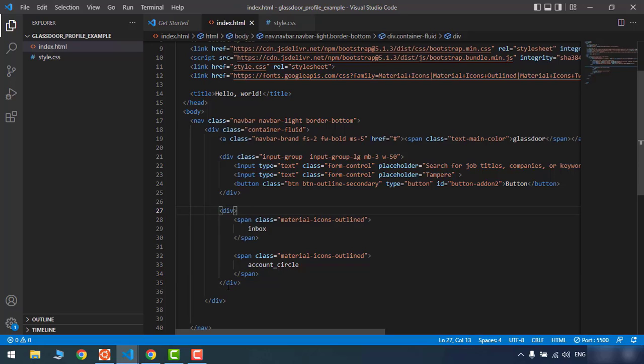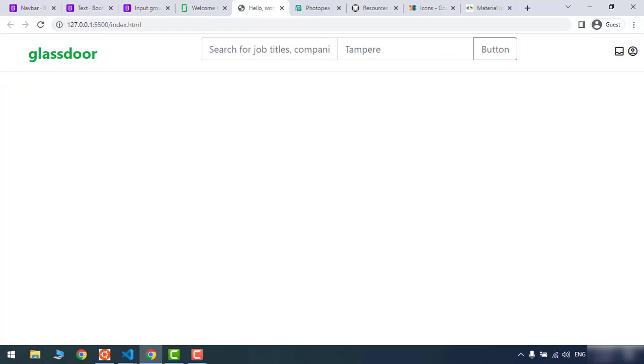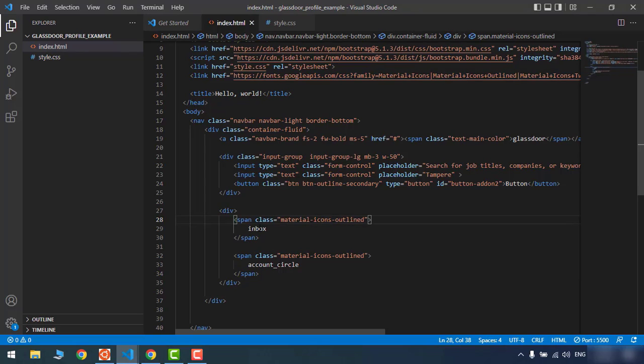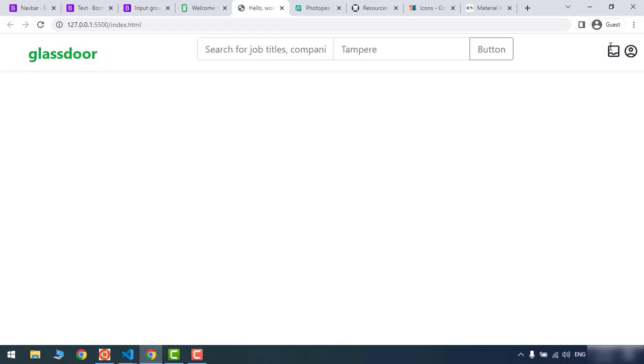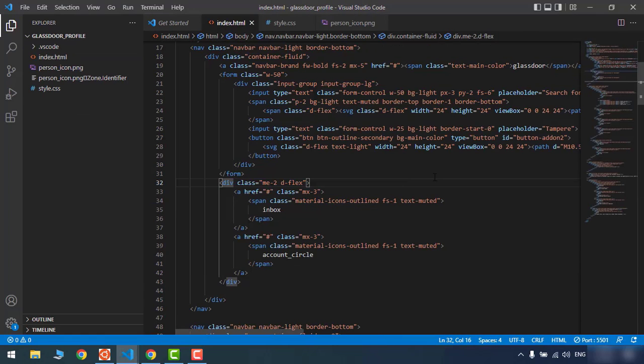Okay, make it cleaner. Let's refresh the page. Okay, looks good. We need to make these icons bigger. So actually, we can use the font size attribute to make it bigger. So font size 2, for instance. Same thing here, 2. Let's refresh, and we can actually look at the